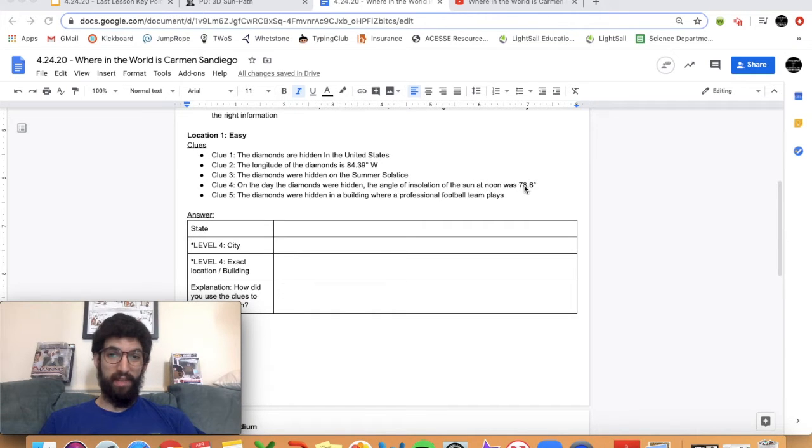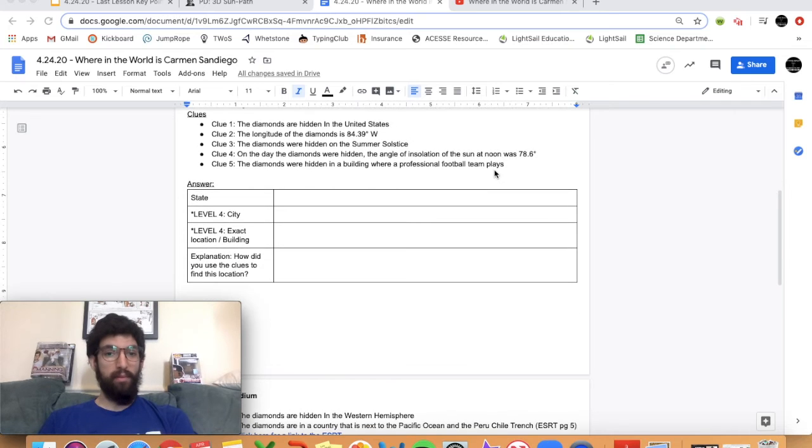Clue 4: on the day the diamonds were hidden, the angle of insolation of the sun at noon was 78.6 degrees. Now that we know the date, we know that longitude doesn't really change our angle of insolation. What would we have to be changing on the simulation to find that angle of insolation of 78.6? Yeah, we should be changing our latitude. Once we have our date and longitude set, and we change our latitude, we should get something that's pretty close to